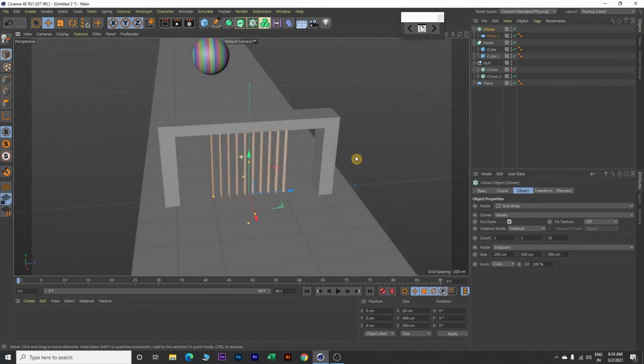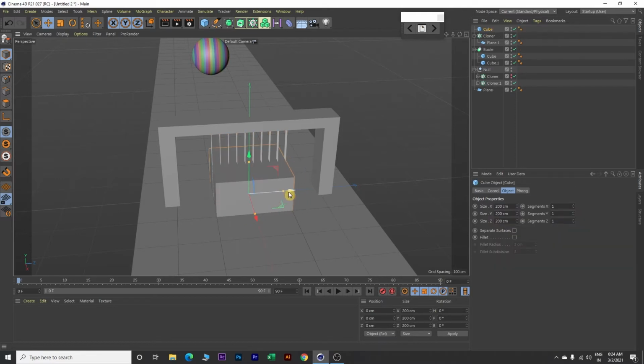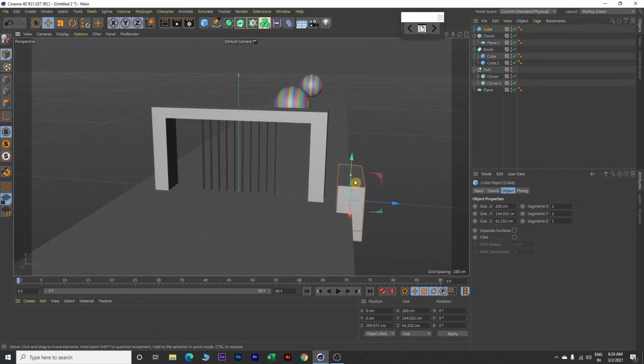Next we will complete this scene setup by creating two walls. So click on this cube, move it this side, resize from top, again resize, resize further.